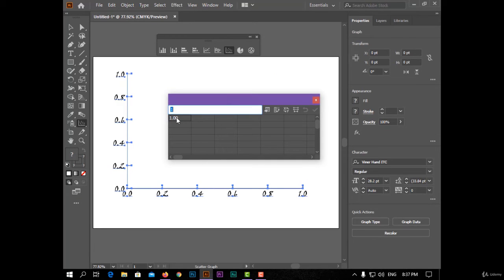I will make 2 groups, group A and group B. And 2 factors like age and score, and again here age and score, and enter some data like 20, 50, 80, and in group B